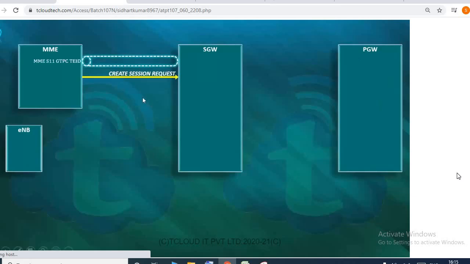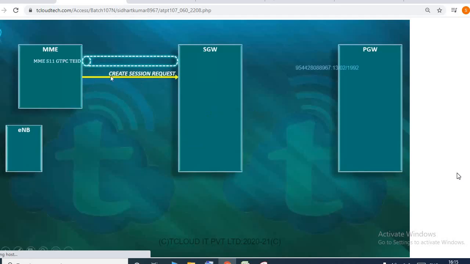But when S gateway is going to reply back to this create session request message, it is mandatory for S gateway to use the tunnel ID created for this mobile by MME. So the reply must be coming back on the tunnel ID created by MME. For that reason, what MME does is, in the header portion, it will use the tunnel ID as 0. But in the IEs, in the information elements that are present in the create session request, MME will include